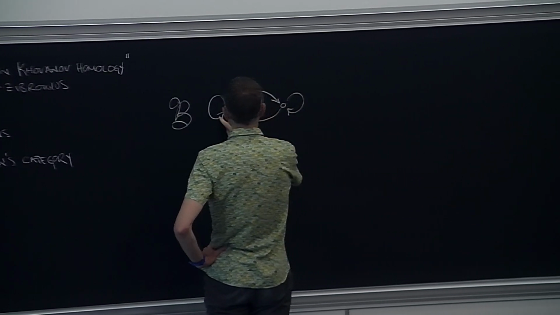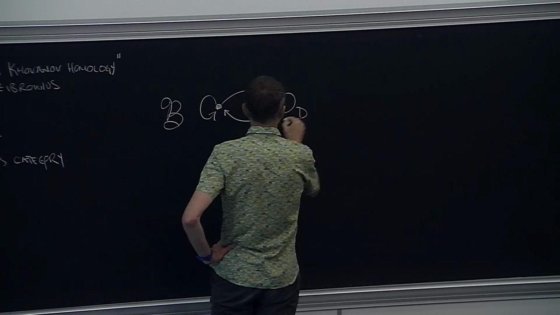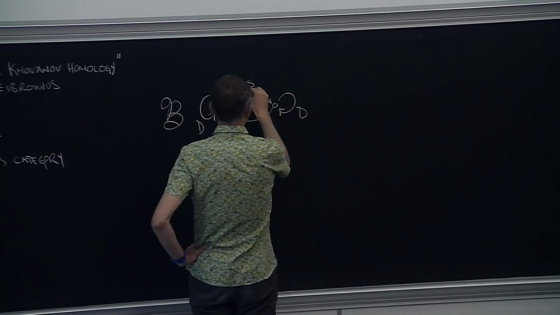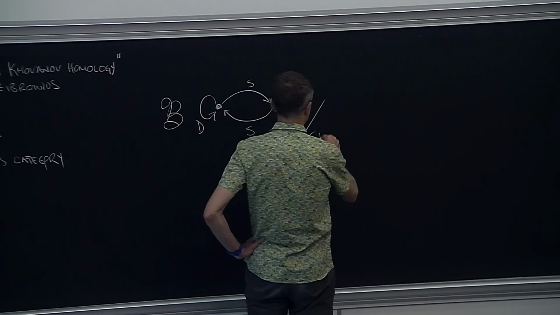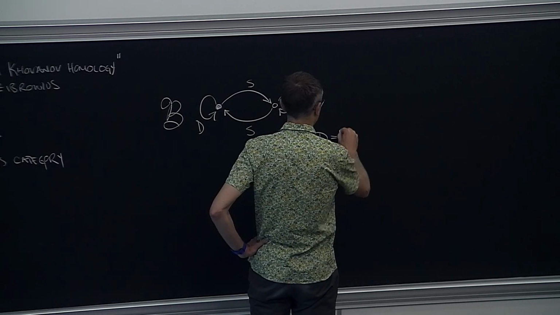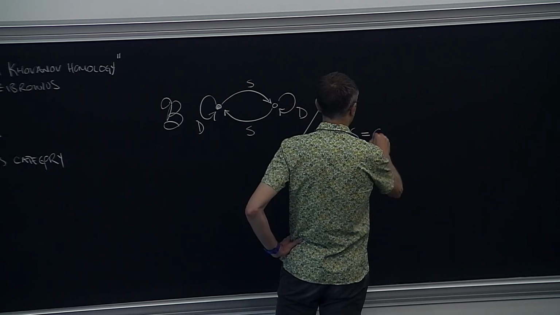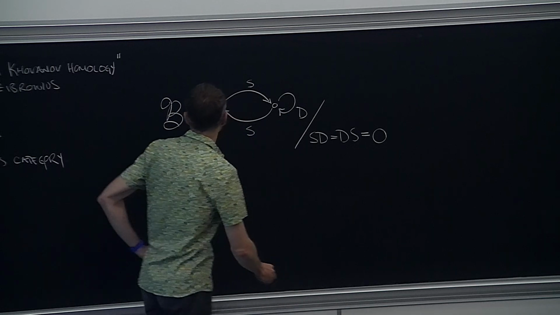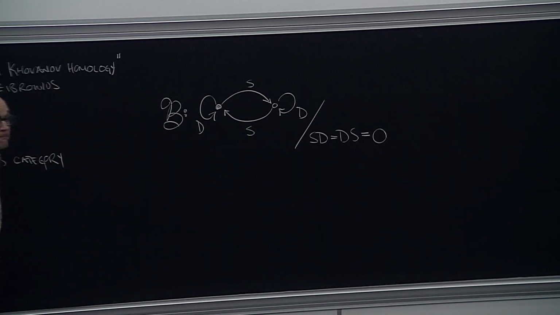A pair of operations, D, and relations that if I compose a dot with a saddle, then that moves the dot onto the starred component, so that has to be 0. So this is my algebra B, and that's somehow what we spent 90 minutes on last time,